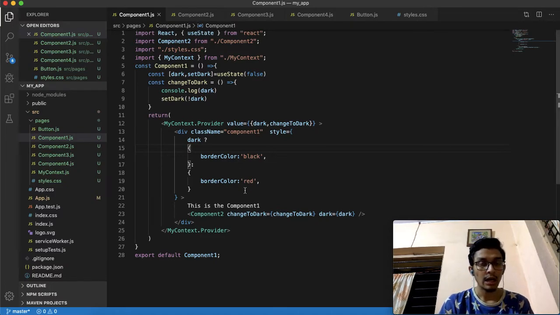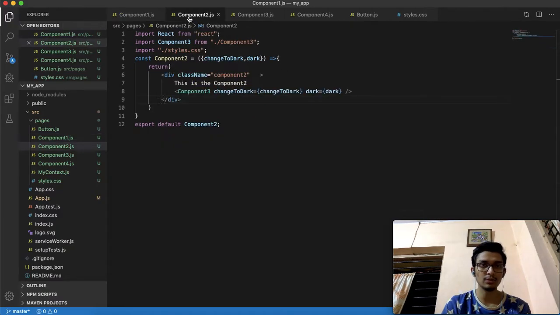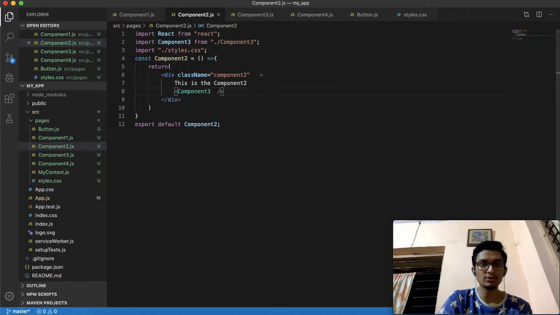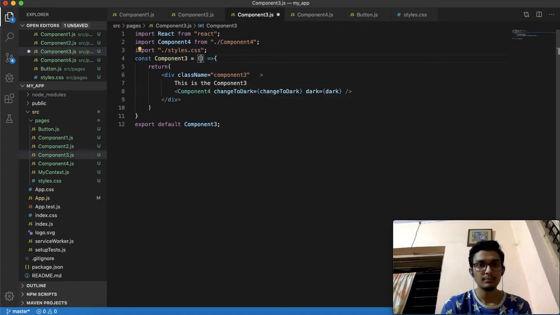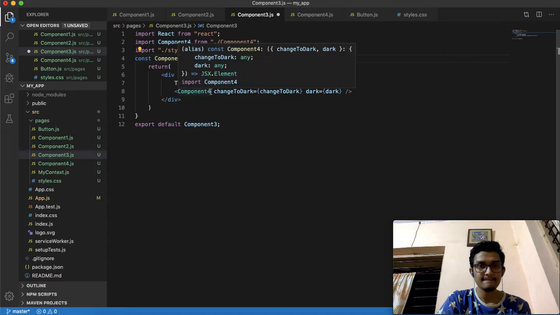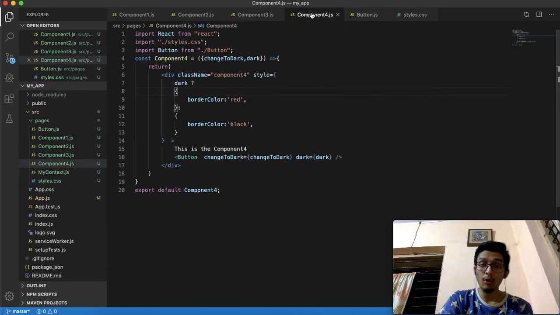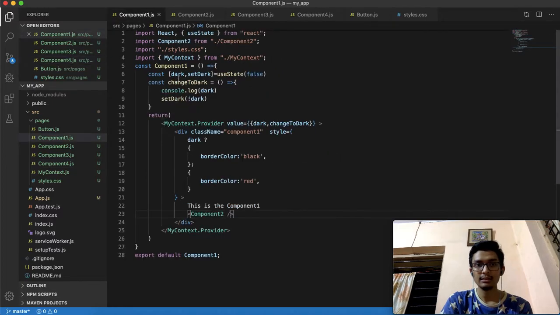So I don't need to pass it through props now. I don't require props now. So what will I do? I will remove these props. Component 3 will also not require props. Now component 4 is where, as you can see, I have used this dark state.